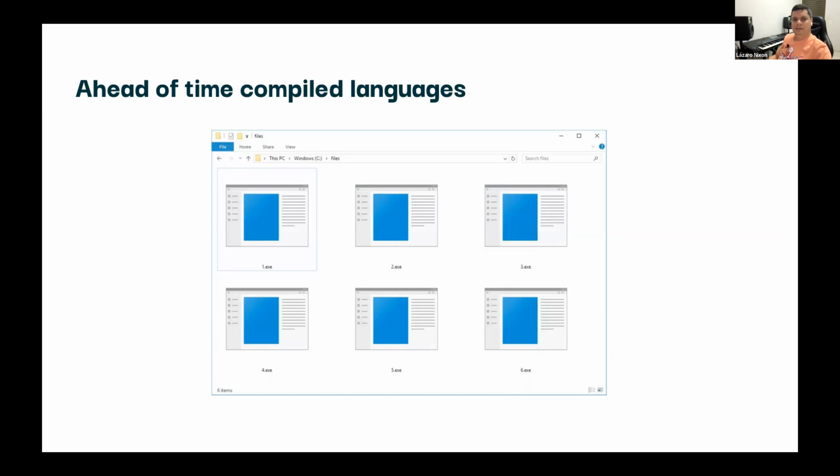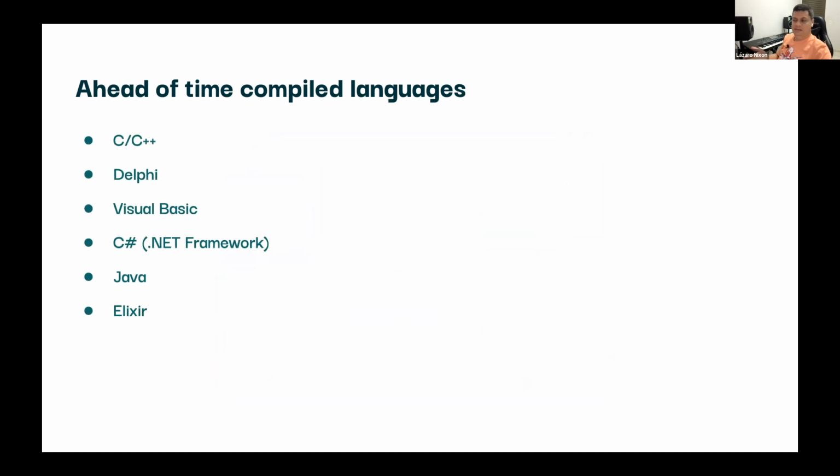You can see that with languages like C, C++. So when you write C code, you write your code in a text editor, and then you have a compiler. Mostly we use GCC to compile this file. Delphi generates executables for Windows, mostly. Visual Basic, the same. C# when you are using the .NET framework, so you have an executable. Java also, because when you compile Java, you have a jar file.